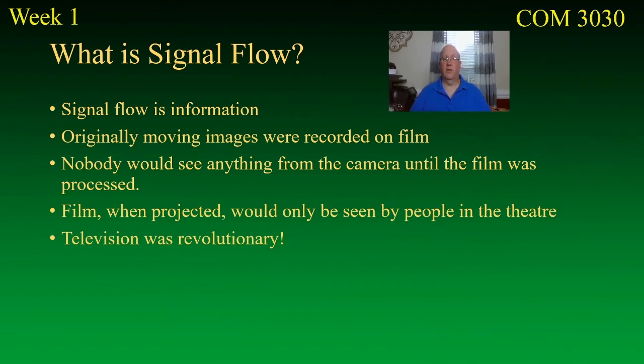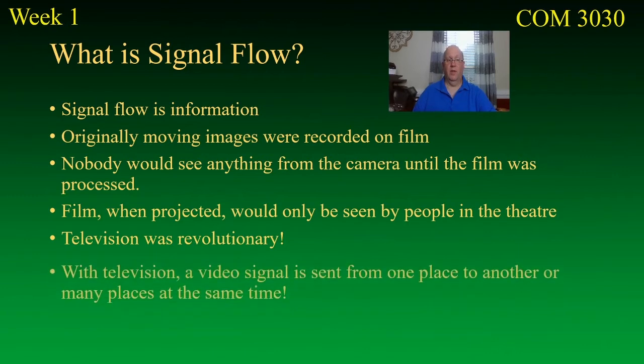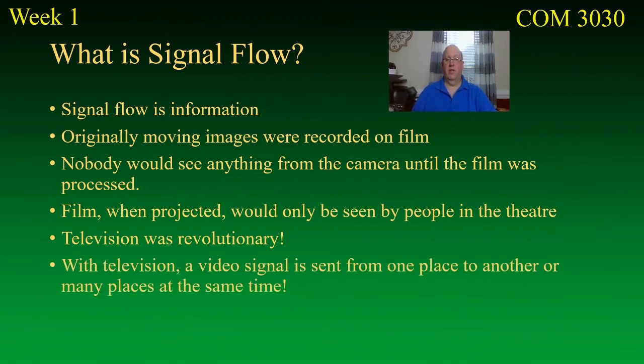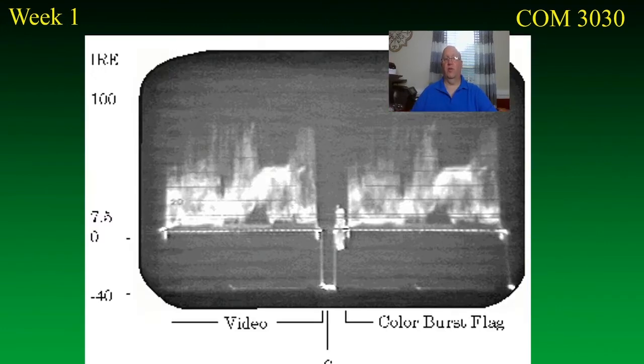And electricity can do a few different things. Now, if you ever notice people with plug strips, you plug one into the wall, you've got like 6 outlets or something like that, you can do that with video as well. It used to be that was harder to do. Now it's gotten a lot easier, and now it's streaming and Bluetooth and all that other stuff. And so we'll talk about how we get to that point. Okay, with television, a video signal is sent from one place to another or many places at the same time, which we just basically said. It works the same way as the flow of electricity.